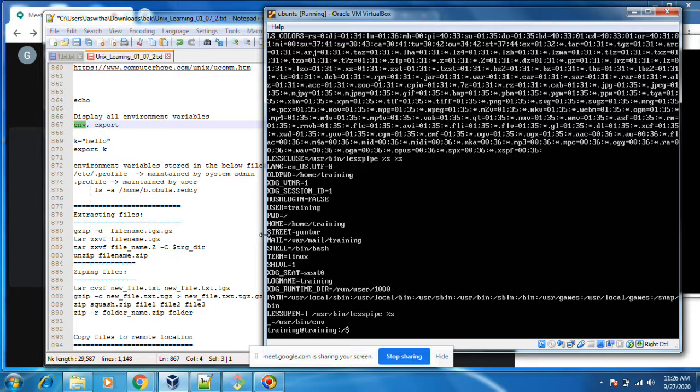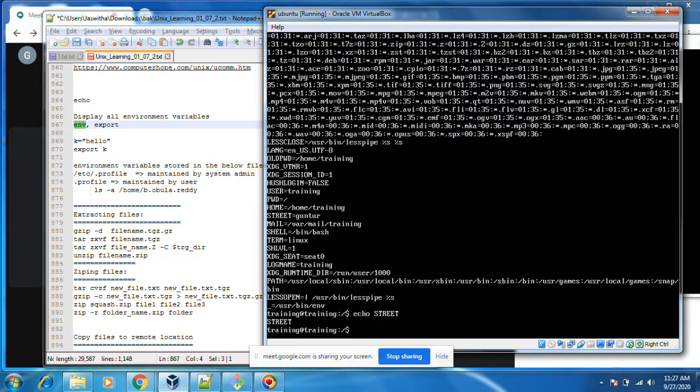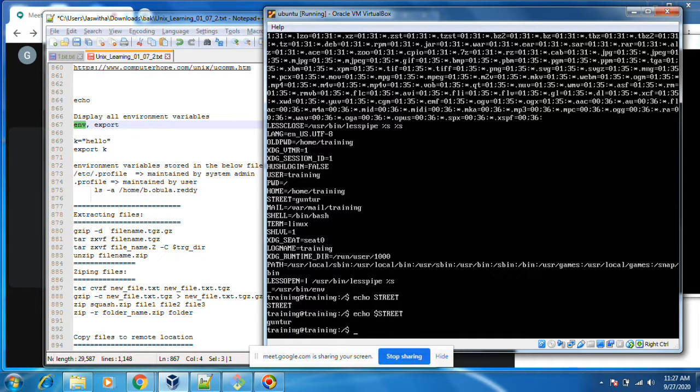You can create environment variables using export, and access street anywhere. These are global variables.